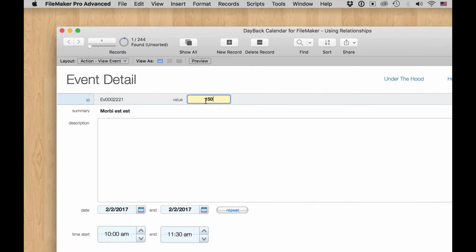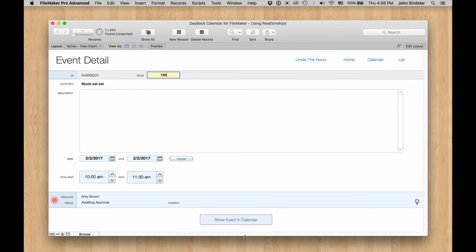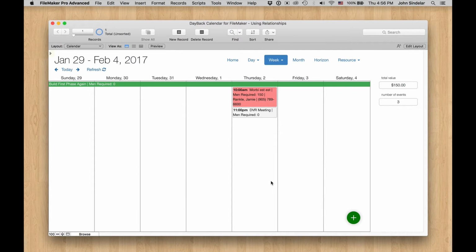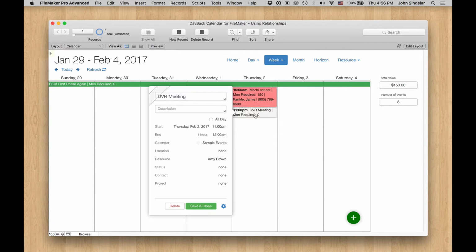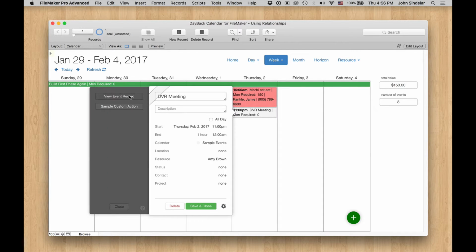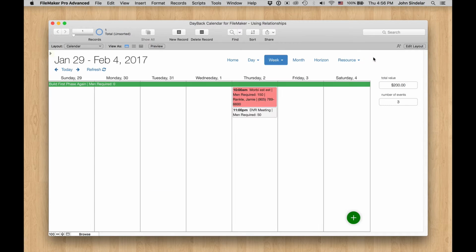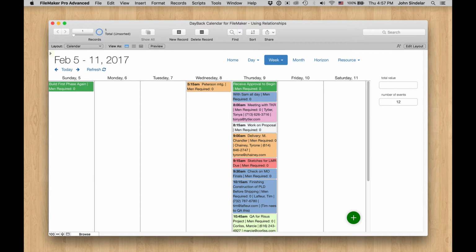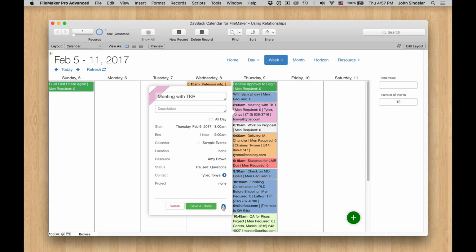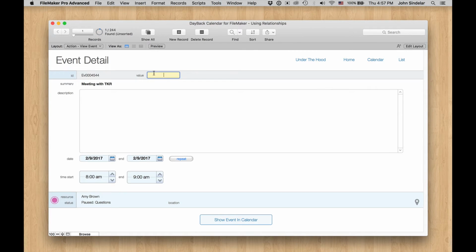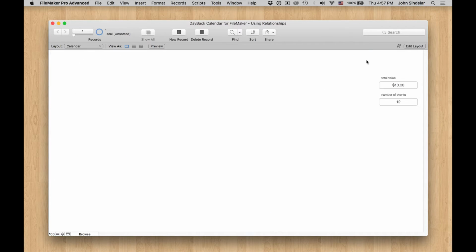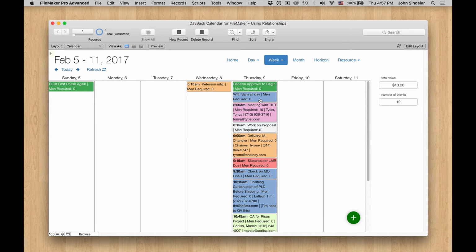record. So let's put in 150 over here. And then we can hit show event and calendar, and then I'll just show it like this. So there we have our 150, and then let's add $50 over here. This is just to show you how this is working, right? So there's 200. That's what we're trying to do. We're trying to count what's happening in the week. We obviously don't have any value records in this week. We can put one over here, $10. This is a new field in the calendar. I just added it for the purposes of this demonstration, but you can take these files apart and see how